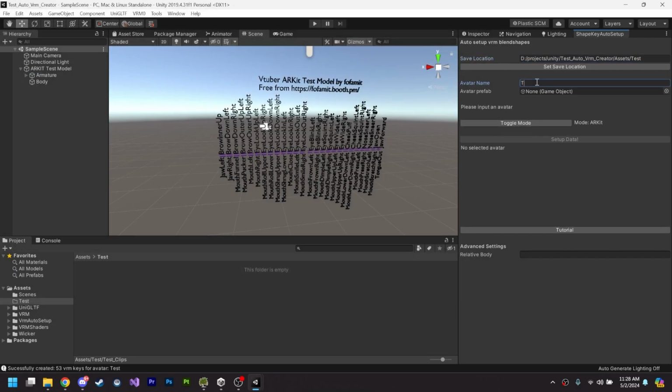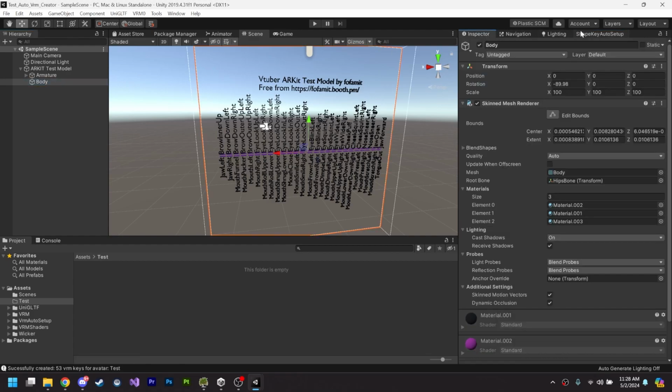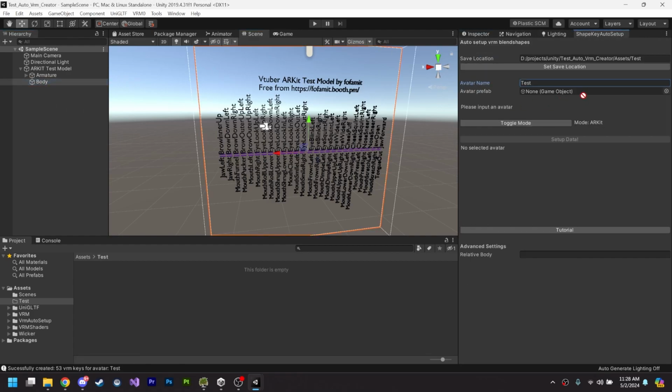Give your avatar a name. It does not matter too much what you name it, but it will help if you have multiple avatars in the same project. Next, wherever your blend shapes or your skinned mesh renderer is, you'll want to drag that into this avatar prefab. In this case, it's this body, and then you'll see that all of your blend shapes will appear down here, and it will tell you how many are detected on the avatar and how many the tool will use to